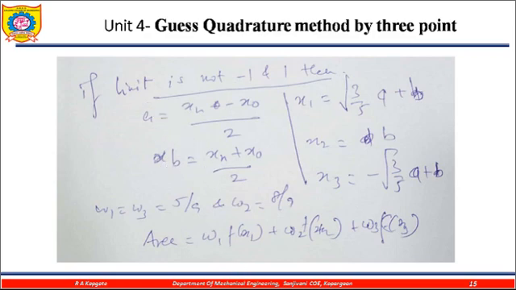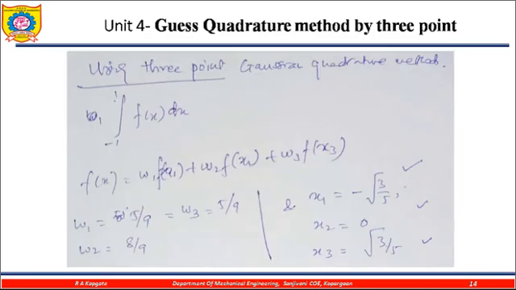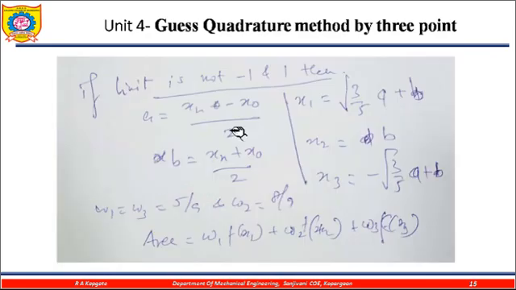So if the limit is, now this one is for when the limits are -1 to 1. Now if the limits are not -1 to 1, then find out the value of a, find out the value of b. Okay, xn, x0, that is the maximum limit, minimum limit, find out a, b, then x1, x2, x3. Okay, so put the values of x1, x2, x3 into these equations,